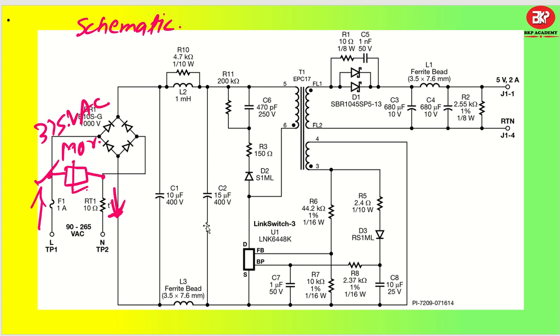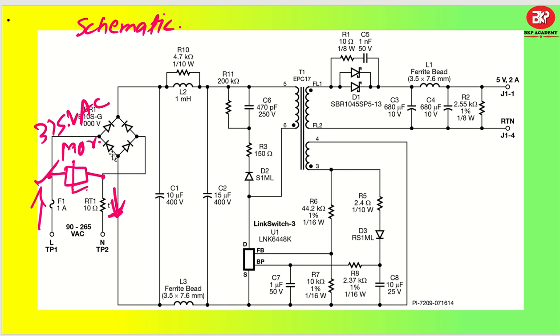So in your new design, if you are going to utilize the same circuit as it is, then there is no need of putting any of these things. It will work as it is. Since it is very low watt power, we are not putting any X capacitors, and there is no need of a common mode choke also. So CMC, all these things, there is no need of those.